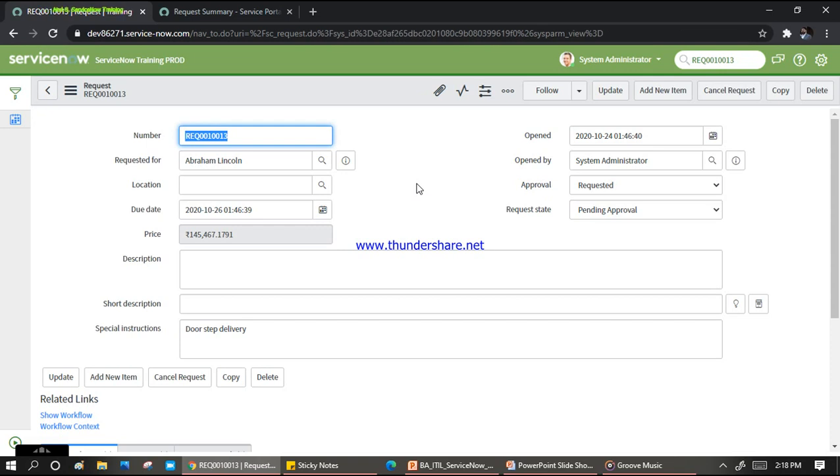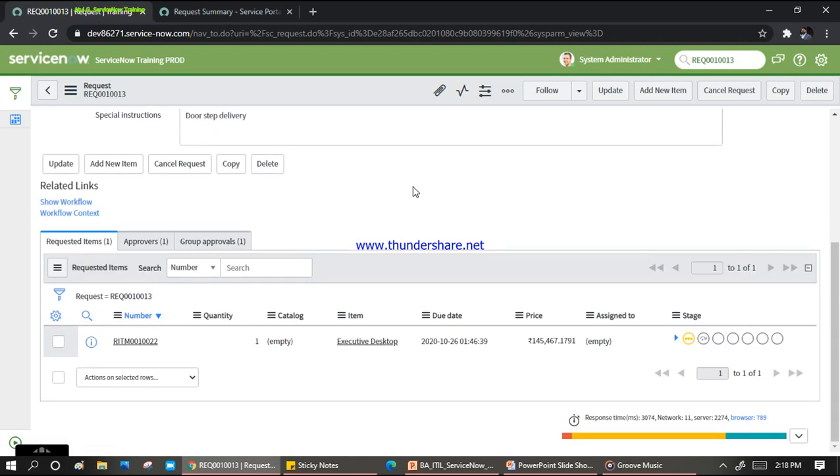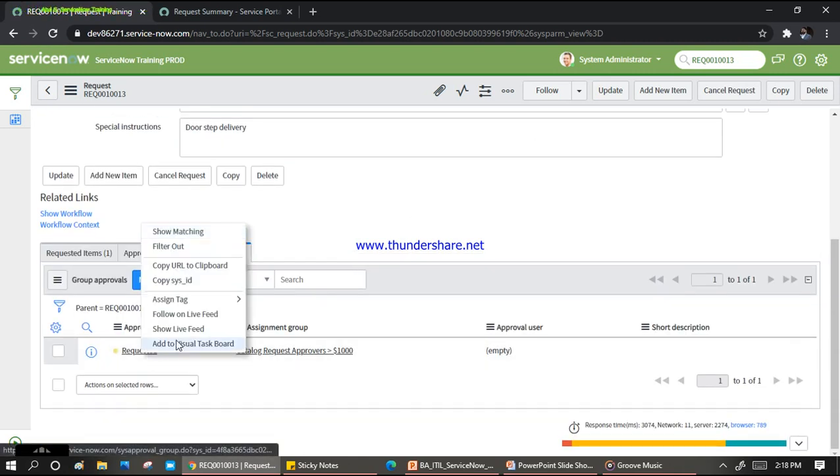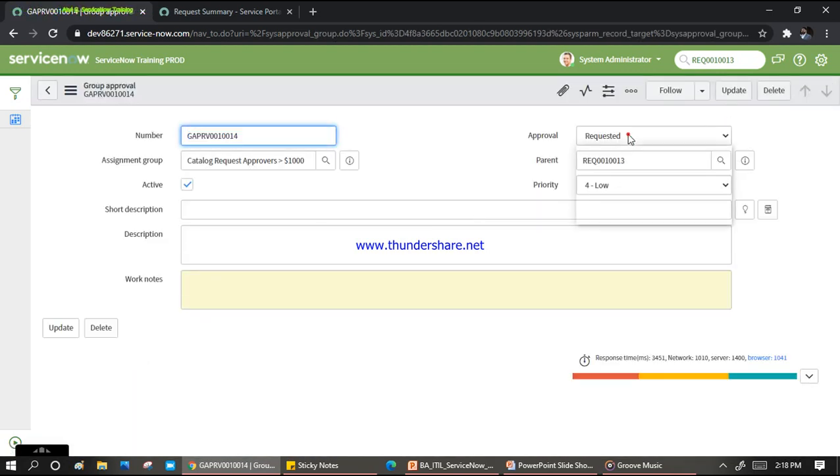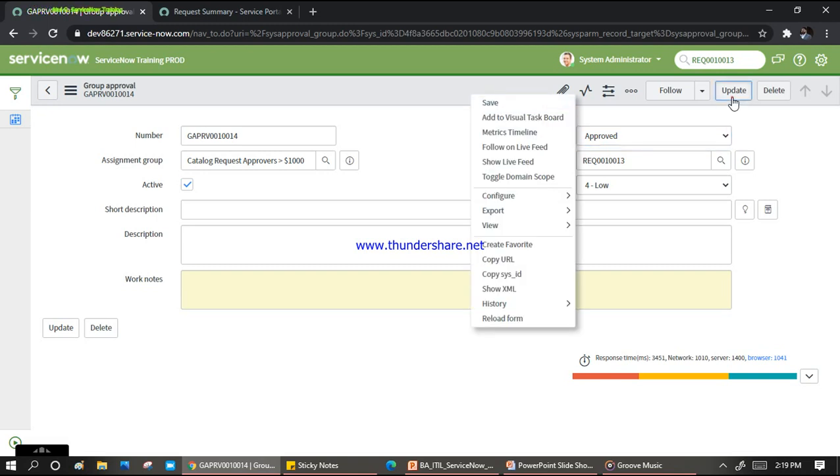And now I'll approve this request on behalf of the group. I'll show you how you can create your own things like this. Don't worry, I'm just showing you the practical part so that we can understand what needs to be done next. Group approval, click here. Let me open it and I can approve it. Approved. If you reject, the request lifecycle will be marked totally cancelled. Okay, so I'm approving it now, and I click on update.